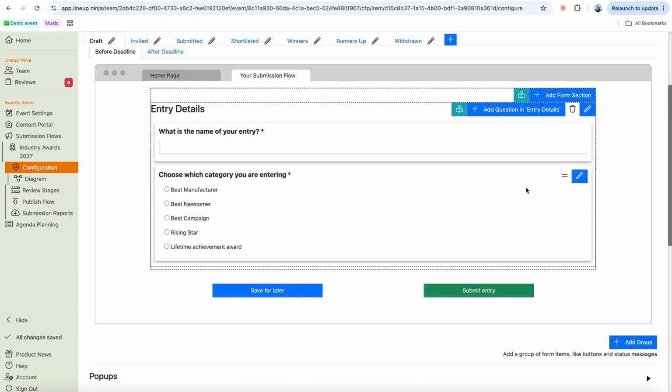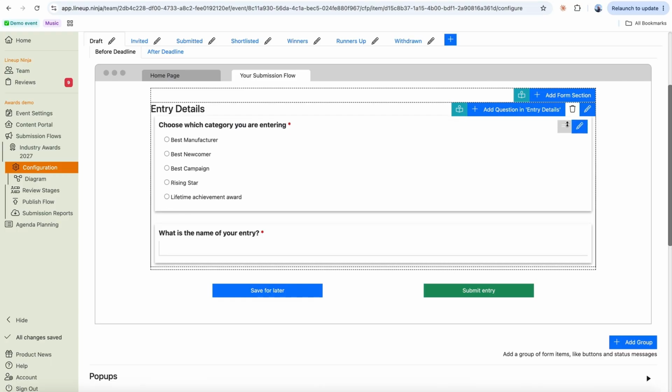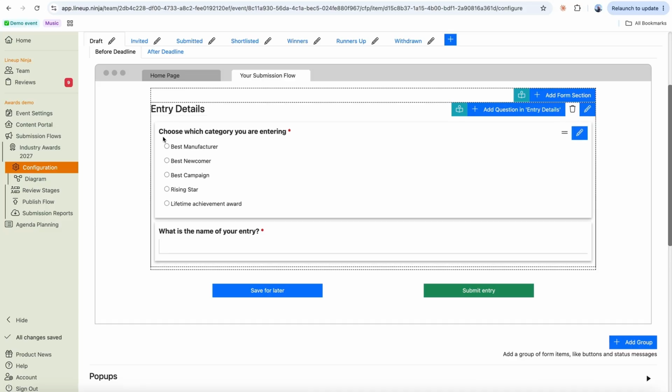What we can now do is we can move these questions around. So what I want to do actually is put that as the first question. So I'm going to grab the little grab handle, this little equal sign thing, and move that to the top. So that's the category question first. Then what's the name of your entry? And then what I want to do is